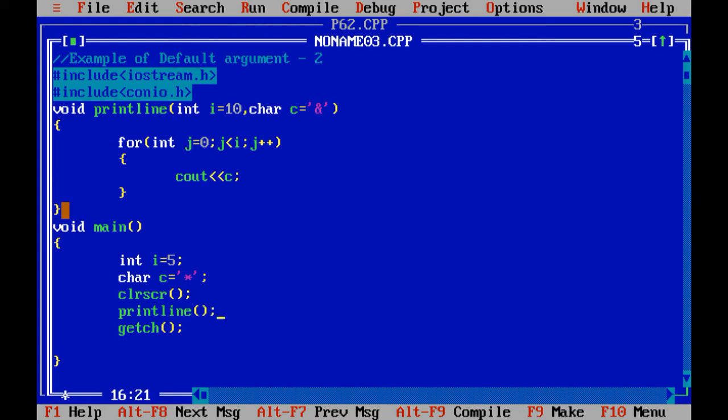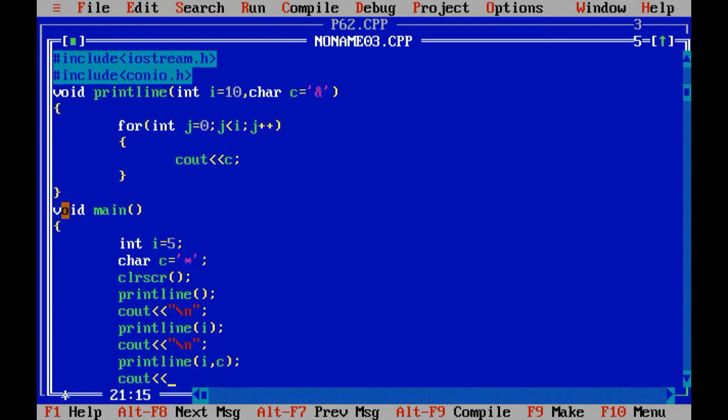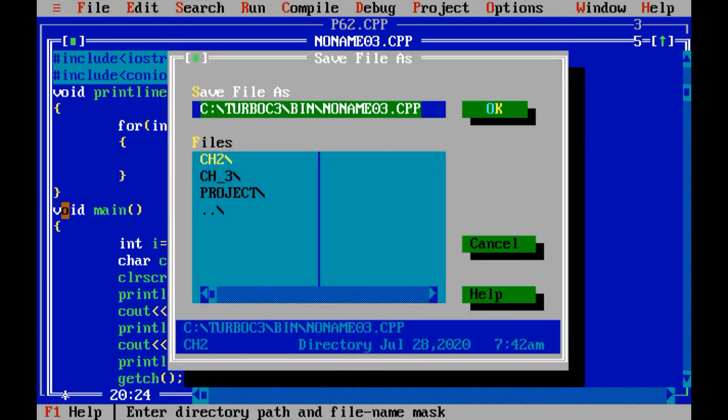First time I am not going to call it with any argument. Then cout \n, then again printline, then I have passed it with the i variable, again cout \n, printline i comma c, cout, no need to use \n over there because that is the last line which I want to print.